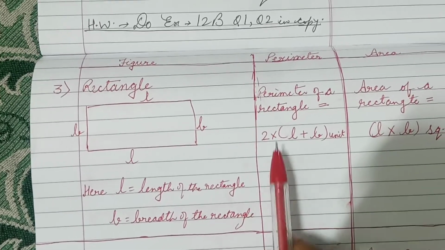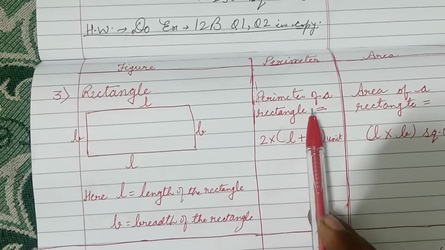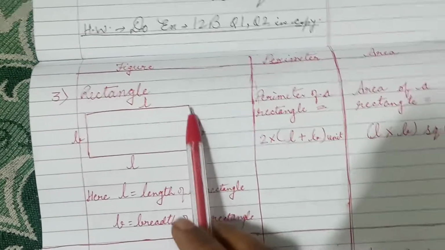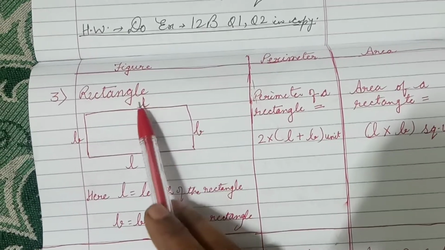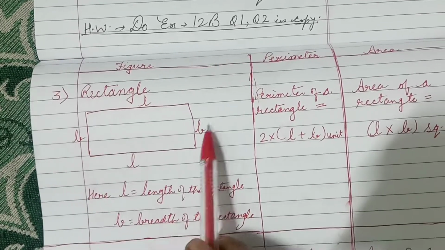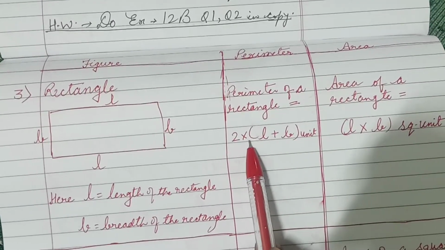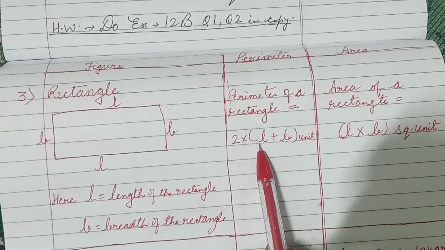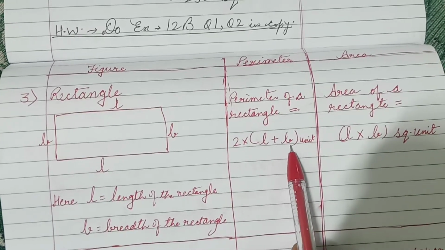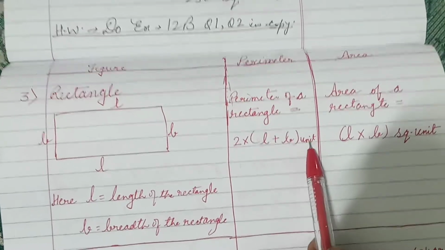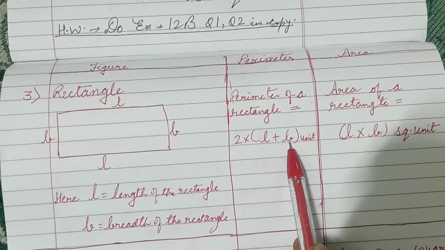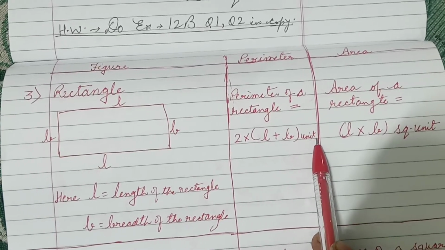Now children, when you have to find the perimeter of this rectangle, the formula will be, you have to add its boundary, no? So you can see there are 2 times length and 2 times breadth. So children, the formula is 2 multiplied by (length plus breadth). l means length of the rectangle, b means breadth of the rectangle. Okay, and unit. Unit means if the length and breadth are given in centimeter, the answer will also come in centimeter.